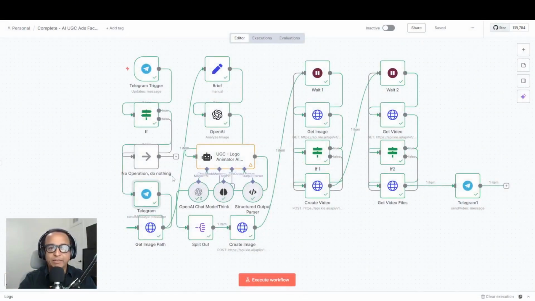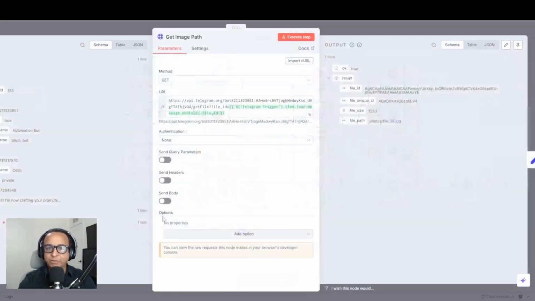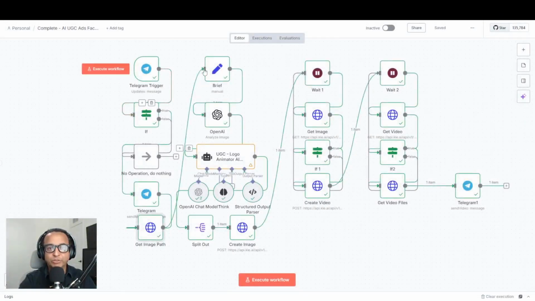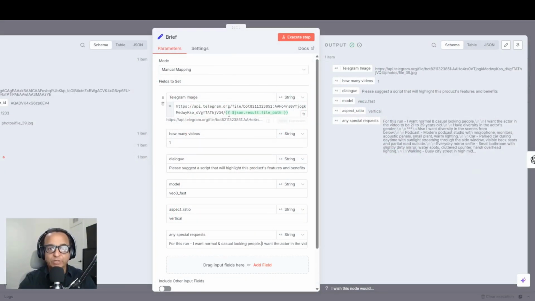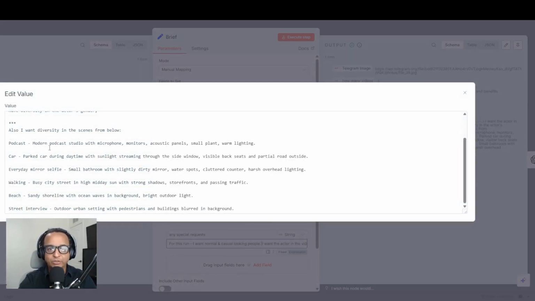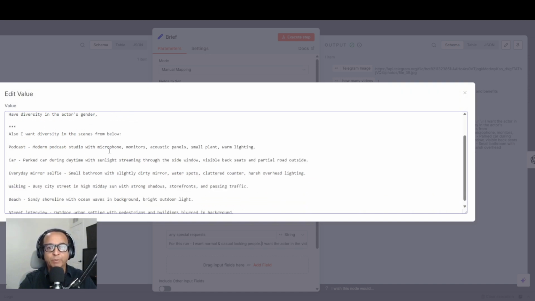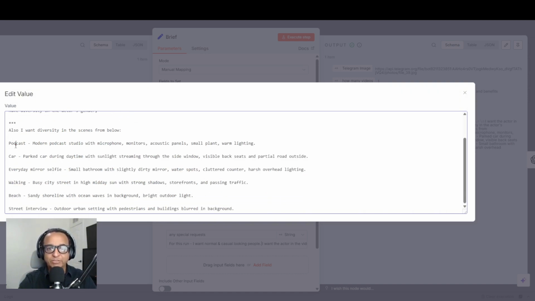The get image path node pulls the photo's file path from Telegram's API. Then the brief set node configures key variables: the image URL, video count, default 1, dialog prompt like suggest a script highlighting features and benefits, model, VO3 fast for speed, vertical aspect ratio for social, and special requests, such as diverse 21 to 29-year-old actors in casual scenes like a podcast studio, parked car selfie, mirror shot, city walk, beach,